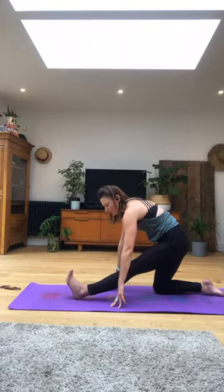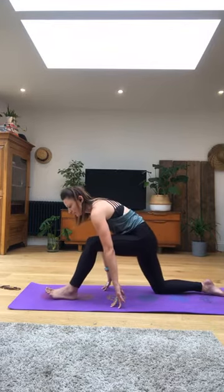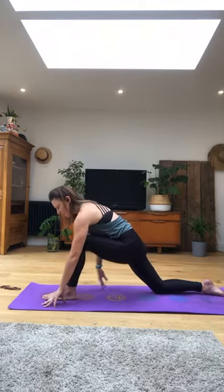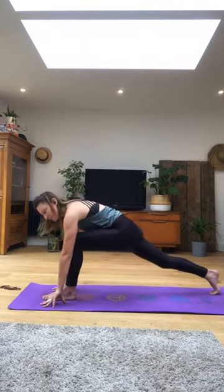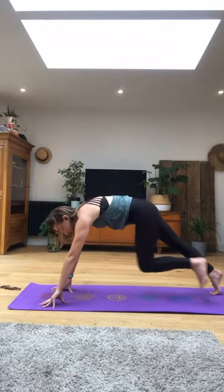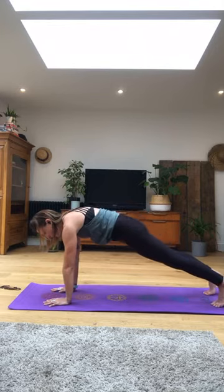and on the 1, we're going to inhale to prepare, rolling back through that front foot. Hands still come to frame the face. We're going to curl our back toes under, pick up the back knee, come into that plank position. I'm going to scoop that lower belly in, holding this for 5,